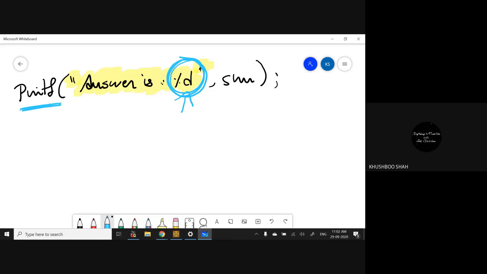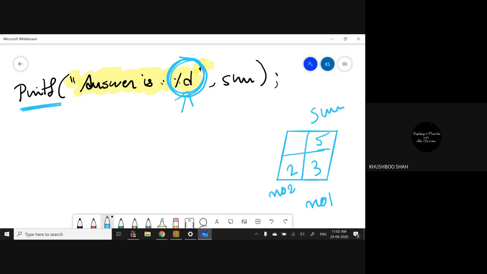Remember, someone asked what is the use of scanf? So the scanf statement stores the data inside the memory. Let's say NO1, suppose this location is NO1. So this is 3. My NO2 is 2. And my sum has 5.